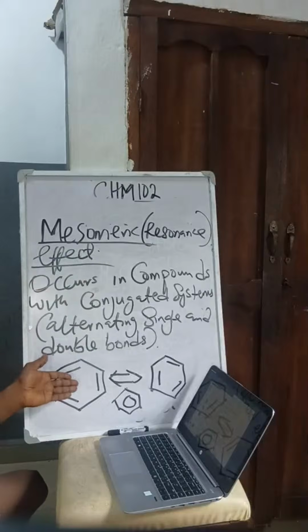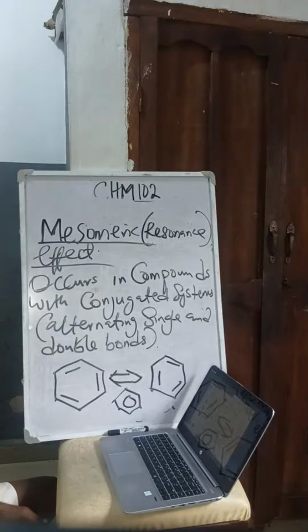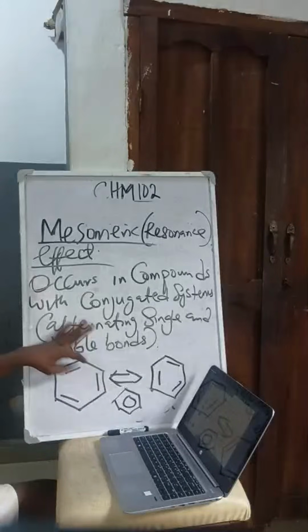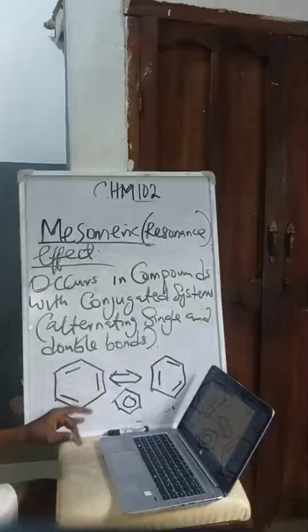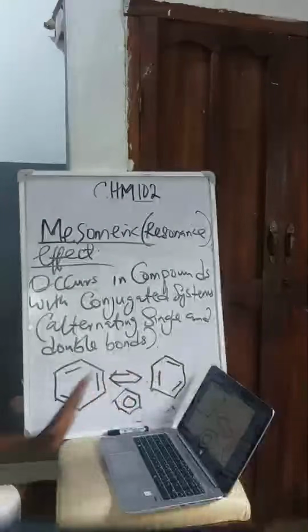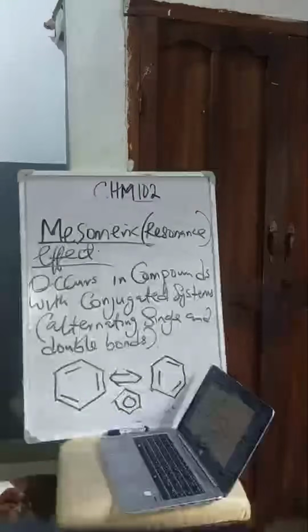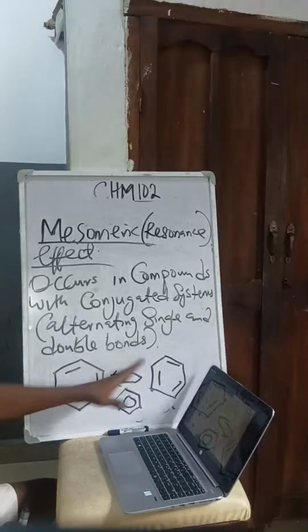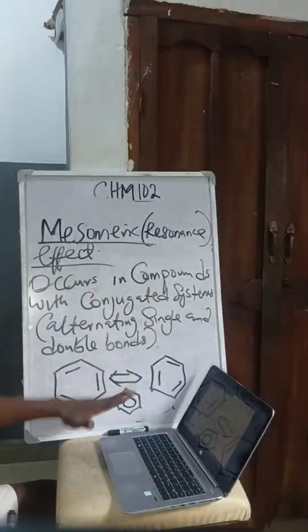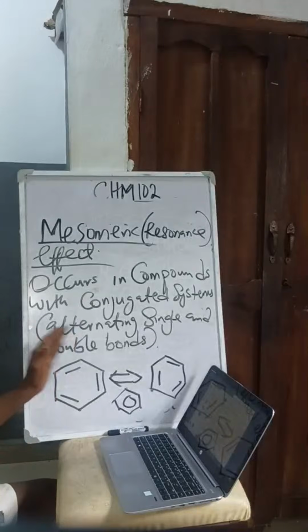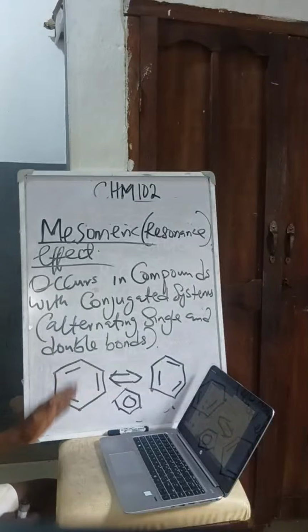Mesomeric effect can take place in benzene, alternating single bond, double bond, single bond, double bond. So the single bond can be here, anywhere. But in summary, resonance can occur. When resonance occurs, you see the structure there. So this is what I mean by a conjugated system: a system where you have alternating single bond and double bond. See here, single bond and double bond. All right. So now,